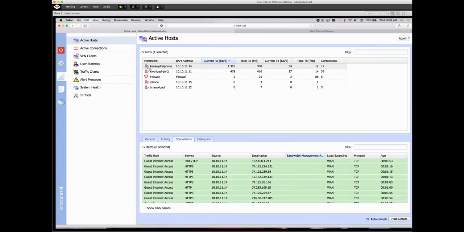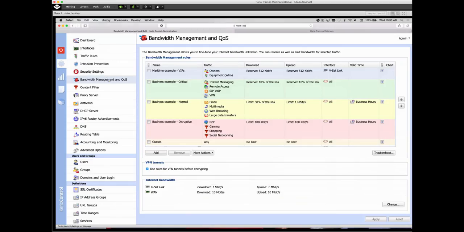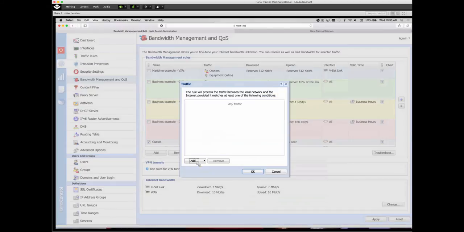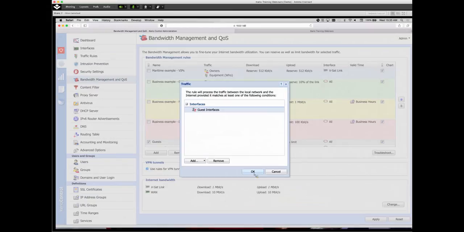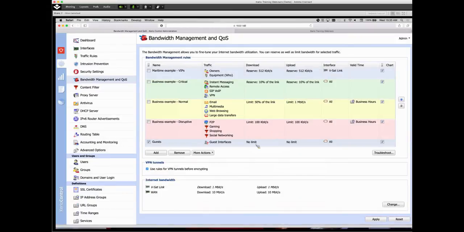And as Ken pointed out, icon here is network, so we're determining that, okay, for pretty much eating up all of the bandwidth. So what we're going to do is set a policy that is going to restrict this behavior. So if we go back to the bandwidth management in QoS, we've got the guest rule. Let me just turn that on. Let me set the traffic add and choose guest interface, which, as Ken pointed out, is something that's new to 8.5. Previously,